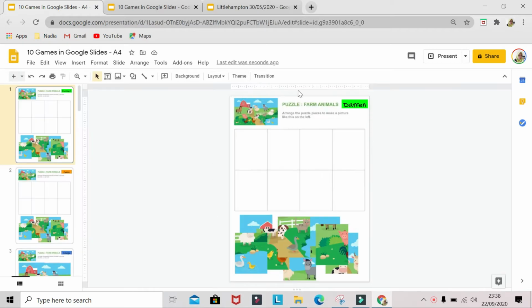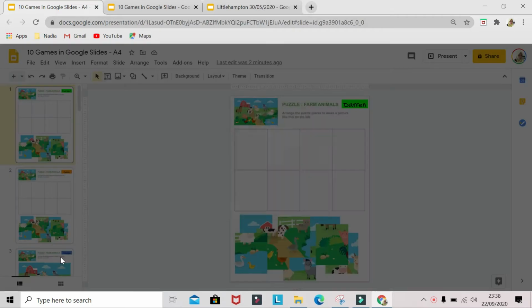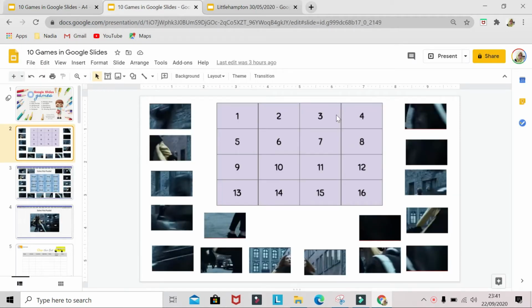This jigsaw puzzle for young learners consists of 8 big pieces. So I need a bigger area under the grid to put all the pieces before playing it. Therefore, I set the page into A4 size, 8.5 to 11 inches, like that. Just apply. This jigsaw puzzle, on the other hand, has 16 pieces, and the grid are numbers,